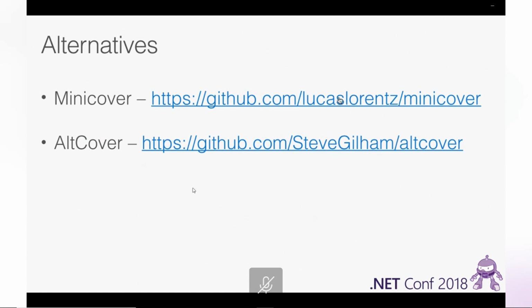So for example, with MiniCover, you have a bit more control over the entire process, from things like what assemblies are instrumented, what directories you want to find all your source files from, and even up to you having to do the instrumentation yourself to ensure that you have release ready packages. AltCover is also a very well featured project as well, so you can check both of them out